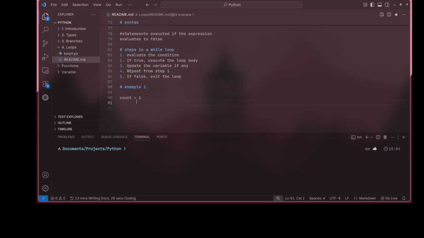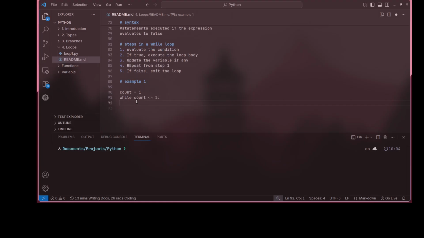Now let's do a while loop. So while count is less than or equal to 5. Now this is the expression or the condition. This is what we keep checking. Now where does the body come? This is the loop. You print. What do you print? This is what is being printed if the expression is true. So you print count is,